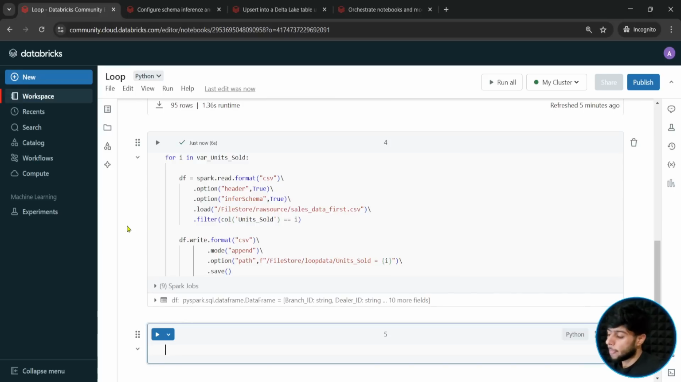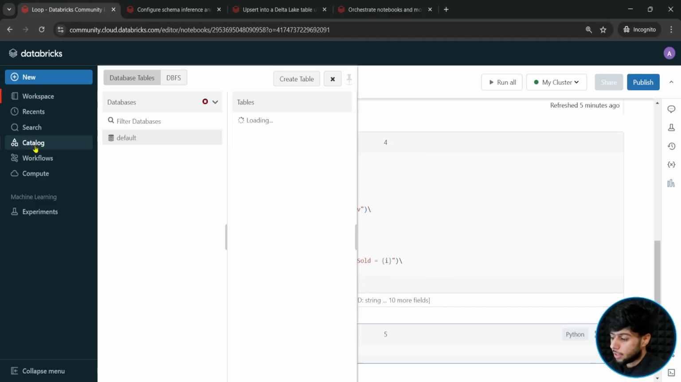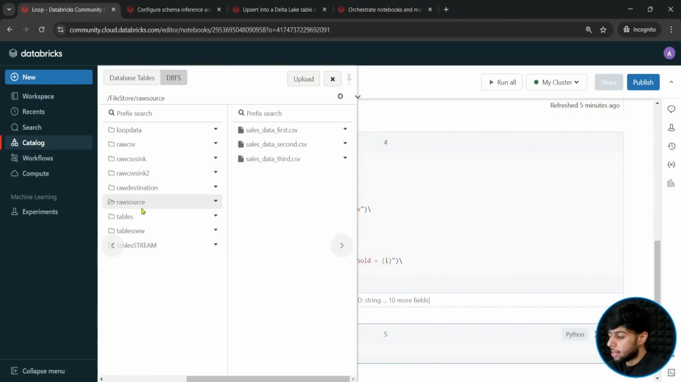What is the output? Output should be 3 different folders with unit sold equals to 1, unit sold equals to 2, unit sold equals to 3. Simple. This is the output that I am expecting. Let's see, was that successful? Let me go to catalog, go to dbfs, go to file store and just search your data folder as loop